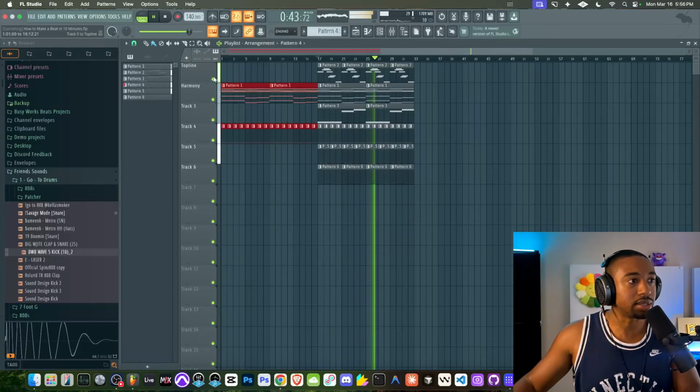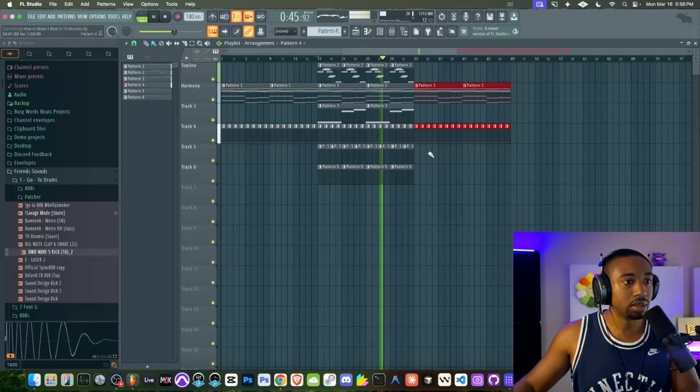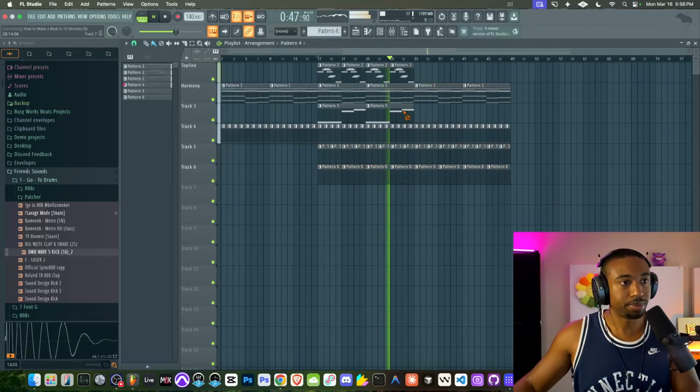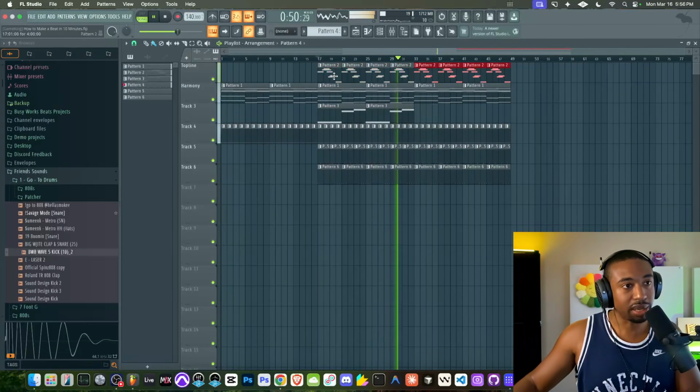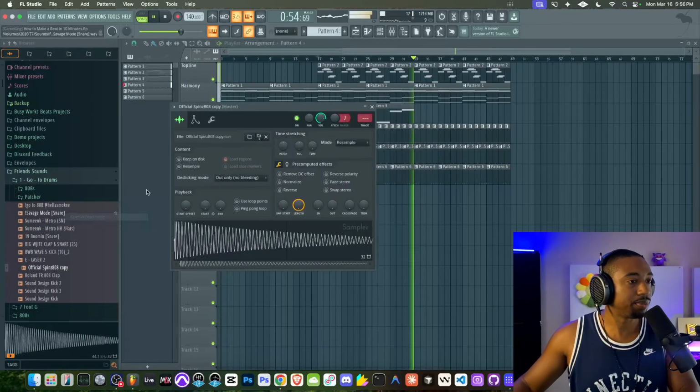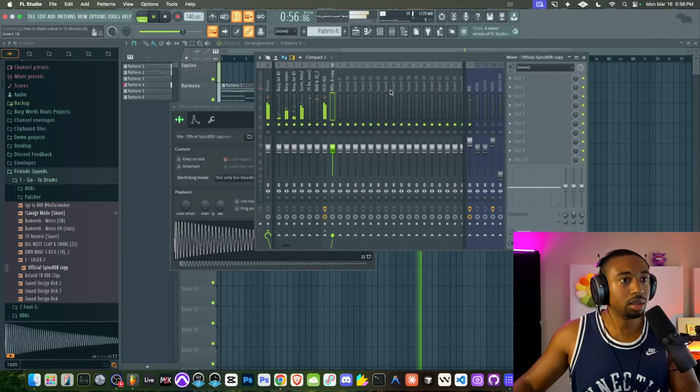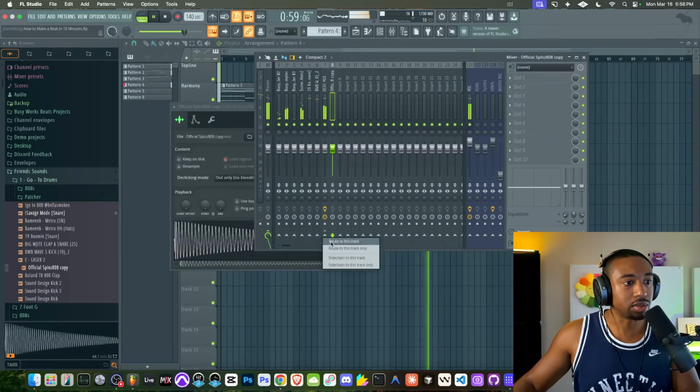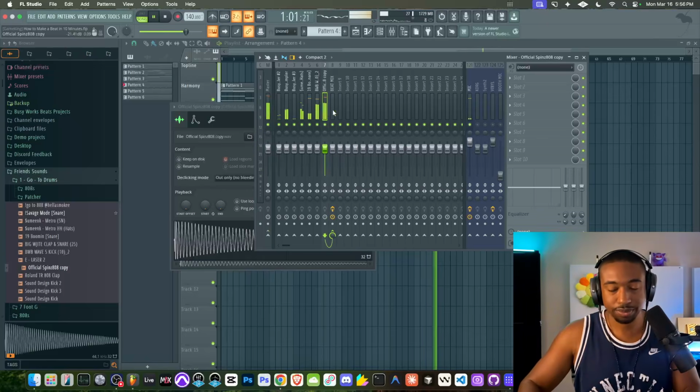To arrange it, we're just going to take the beginning, copy it over, and just add our drums. Usually I would swap out the bass for a different bass. I guess we have time. Let's do that for an 808. Let's swap it out. The way I create my 2 sections is usually sustain versus